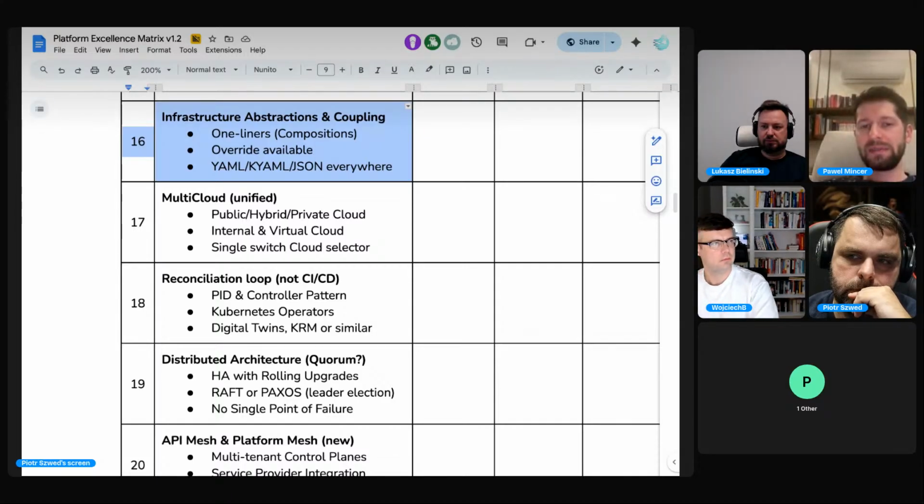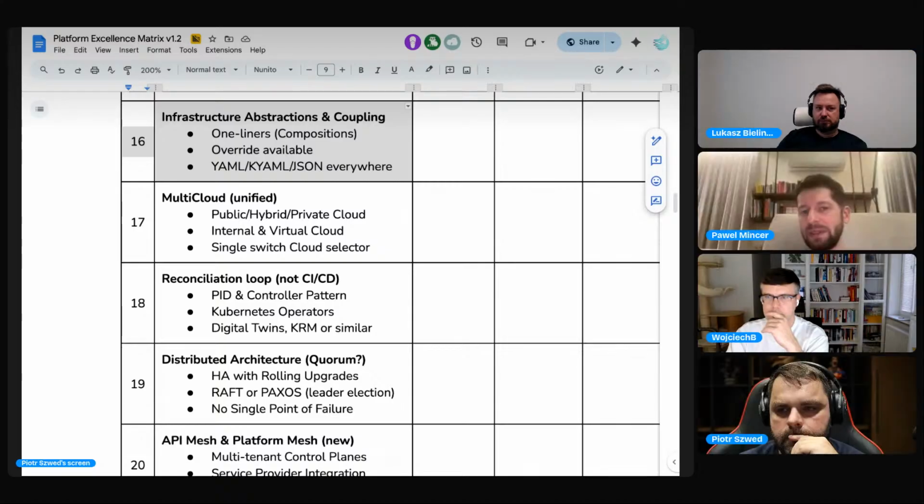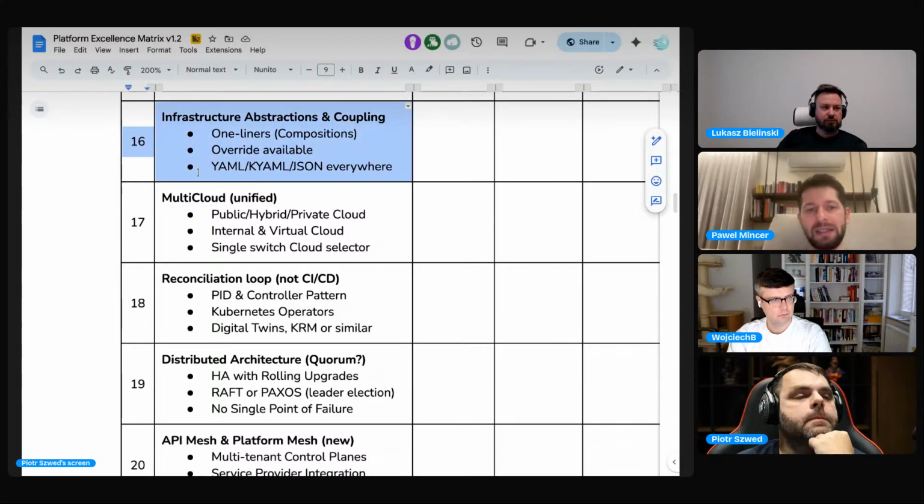Or just other interfaces, because we were talking before about not only writing this manifest, but using other tools. So it has to be as simple as possible, but the complexity can be hidden by using templating or otherwise. So yes, this is a given that needs to be possible.